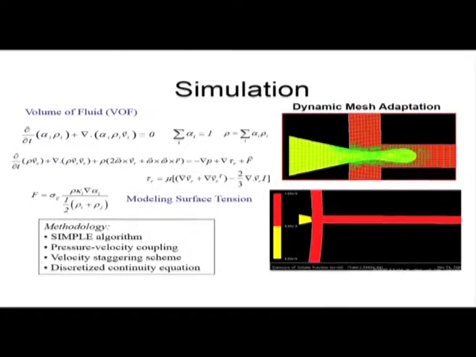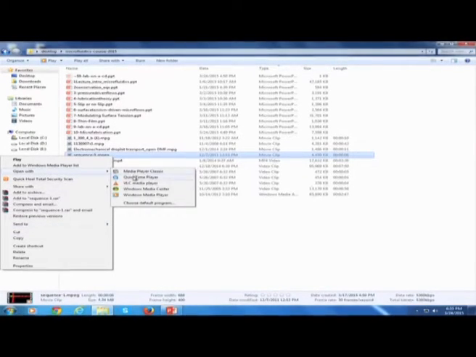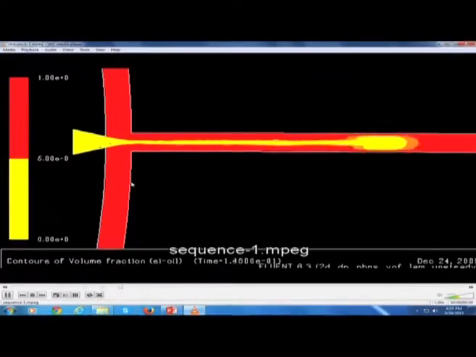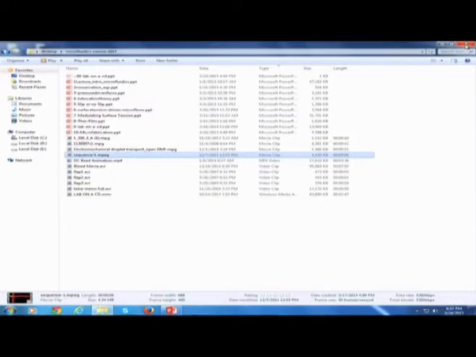Let me see if I have this movie. Yes. You can see the simulation of the entire phenomenon on a volume of fluid based numerical platform.